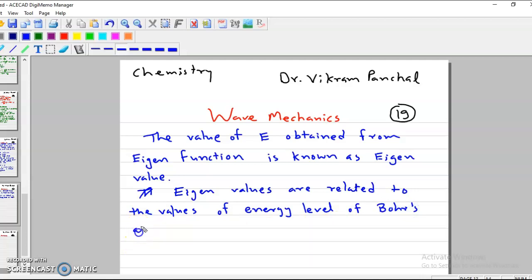atomic structure. That means this was the time where everyone was rejecting Bohr's model, but only Schrodinger was the person who tried to convince the world that Bohr was not completely wrong, and he was in favor of Bohr's atomic structure. And how he tried to explain Bohr's model, that we will see